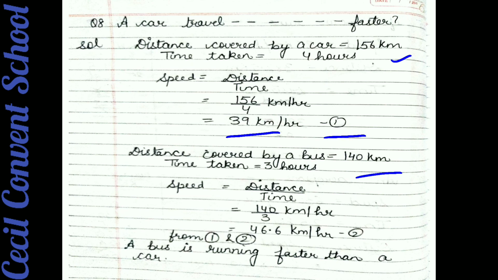Now from 1 and 2, what you get? Which object is running faster? Bus. Means a bus is running faster than a car. Clear students? So students, today in this module we have done word problems of activity 1 of lesson number 16,